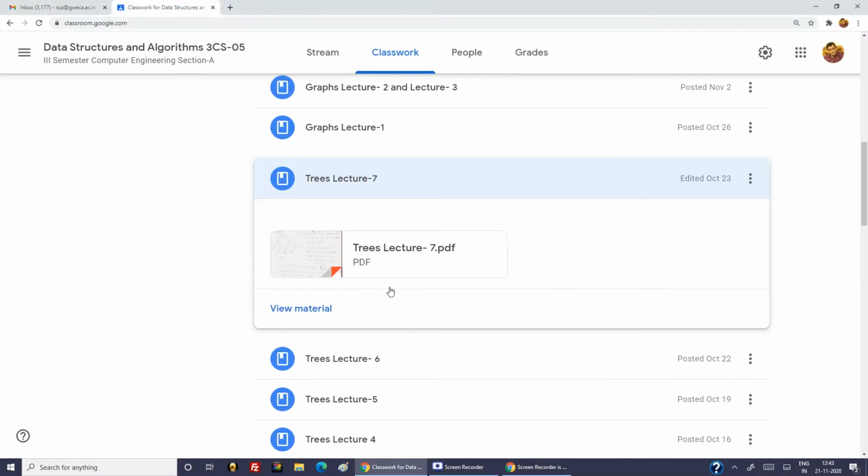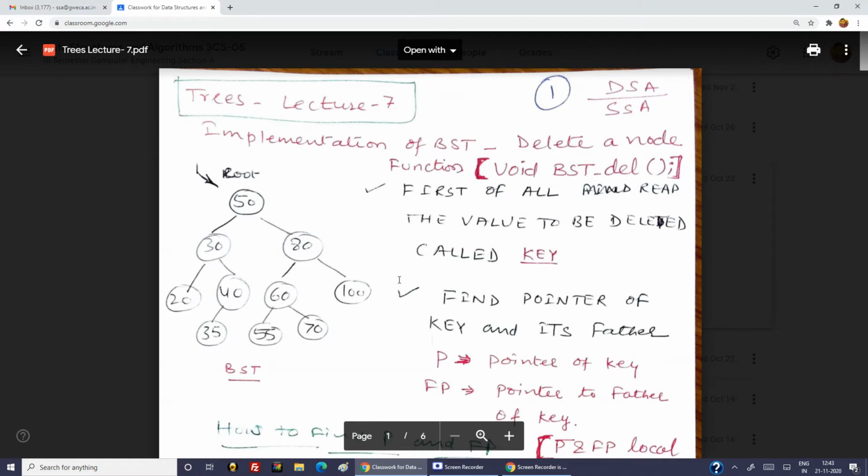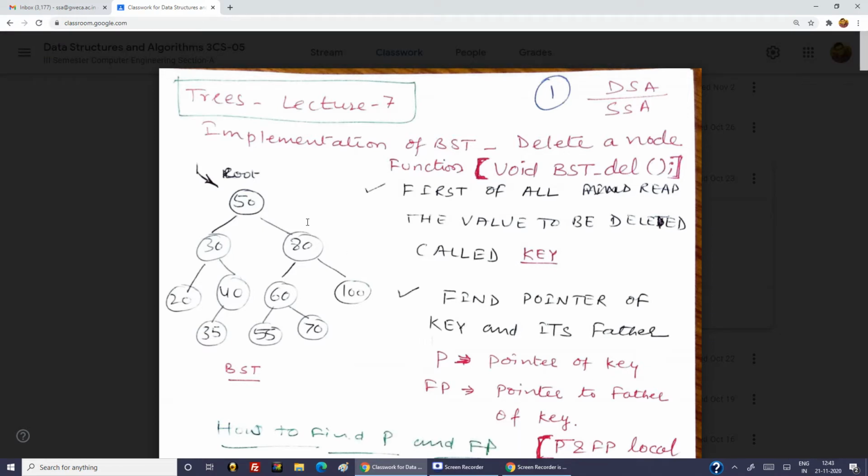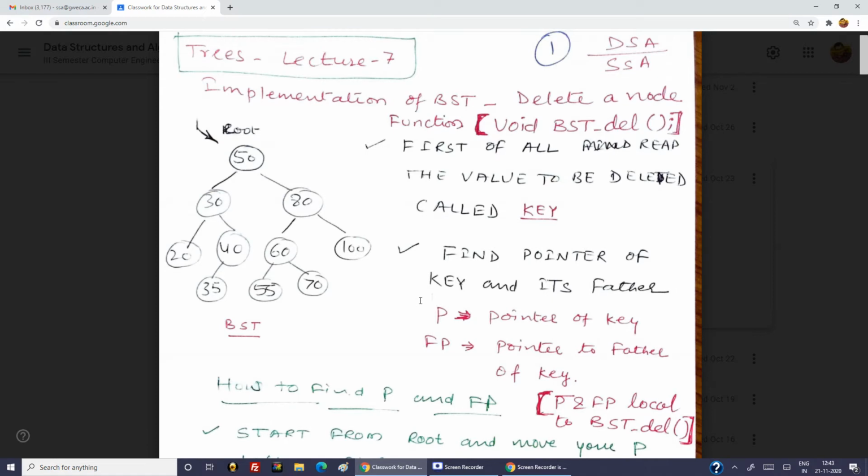Hello students, in this class we will discuss how to delete a node from BST. In our previous class, the same was discussed: how to delete a node from BST manually. But today's class is about writing a program or developing a function for deleting a node from BST. So today's purpose is to write a program, and for that you must understand how to